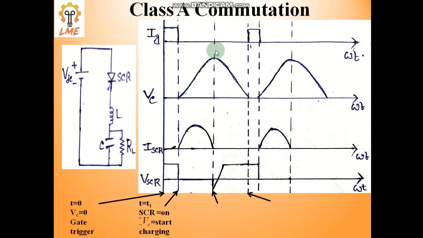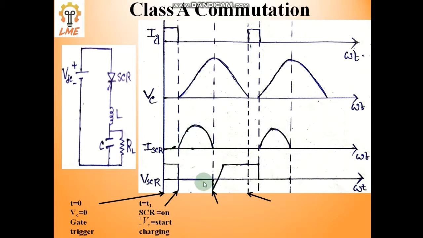When the capacitor starts charging, what will happen? There is a current flow across this SCR. There should be a mention of ISCR here, I am sorry for not mentioning it over here. So the current starts flowing from T1, the current tries to increase and then decreases. Because why? Because the capacitor is firstly charging, firstly taking the current. When the polarity difference between this capacitor and the supply voltage becomes similar, then the value of current goes down. In this way the current waveform looks like this.